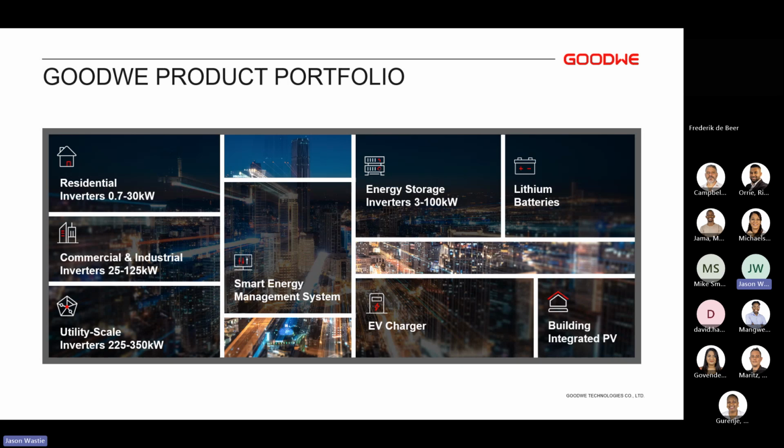What we'll speak about more today is our energy storage inverters, where we have got single-phase hybrid inverters from 3 kilowatts all the way up to 12 with our new ES Unique inverter, and then from 10 kilowatts to 50 with the 3-phase storage inverters. On the monitoring side of things, we have got our very own smart energy management system, also known as SEMS. And then lastly, we have got lithium batteries from low voltage to high voltage, which would be a great fit, obviously, for our inverters. We have also got EV chargers that is